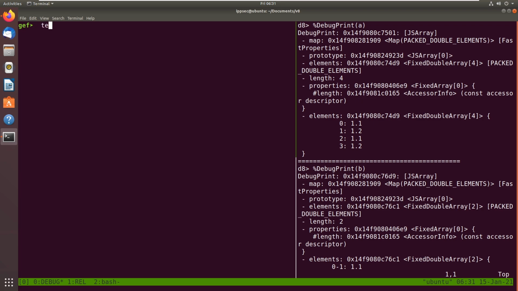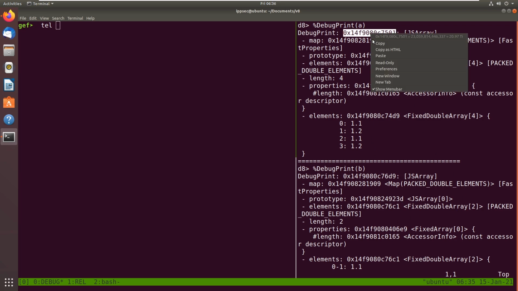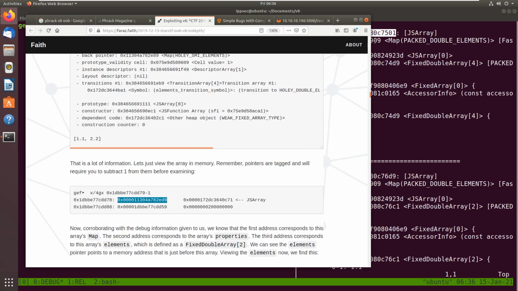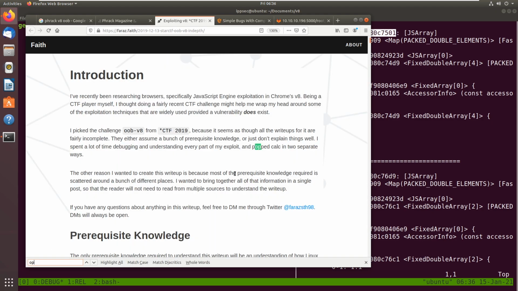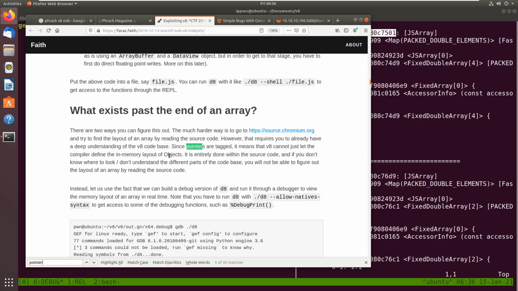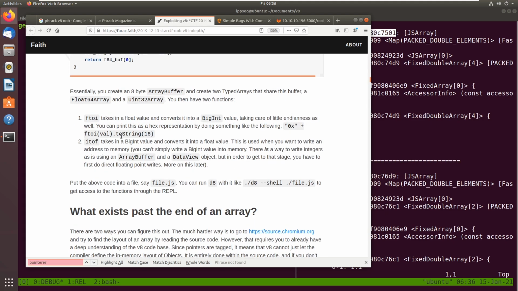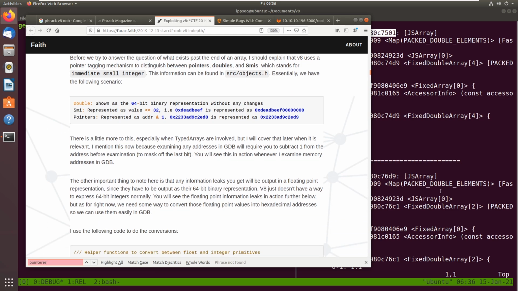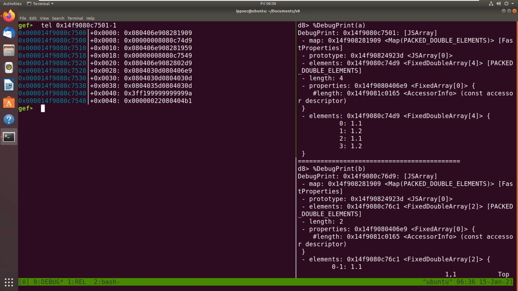So let's go and examine this address. And every time we do something in GDB, we're going to have to subtract 1, and that is to deal with pointer tagging. I believe it's said up here. Let's do pointer tagging. So this. If you read this section, it helps understand exactly why. But subtract 1 from everything, and this is going to give us a list of just a bunch of 64-bit addresses,